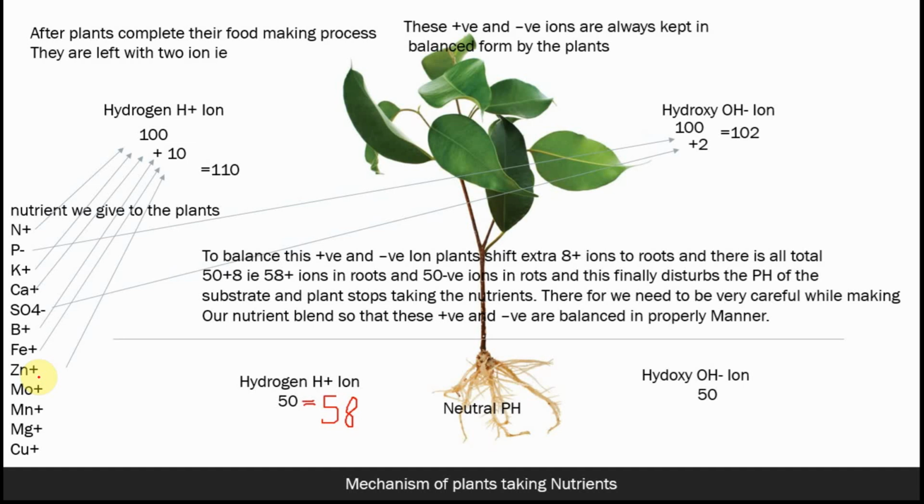There can be a difference of almost 0.2%, 0.1%, or I would say even 1% is acceptable, 2% is also acceptable, but not more than 3 or 5%. That would really give stress to your plants, and it's very difficult to control the stress part of plants in hydroponics. It's very easy to handle plants in hydroponics, but only if you are very attentive and careful from the starting stage itself, because only then will it give you the maximum production that you are looking to get from your hydroponic system.